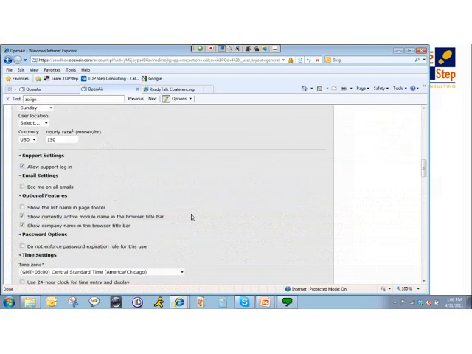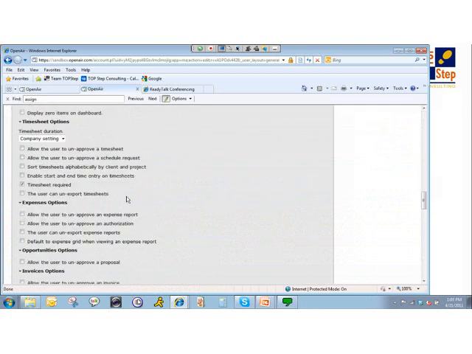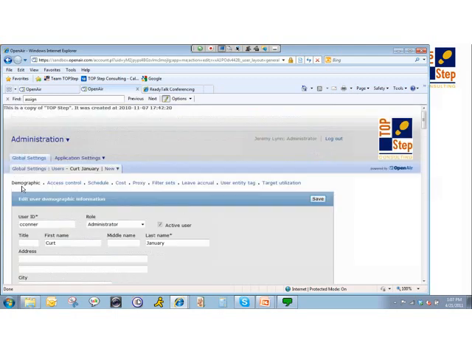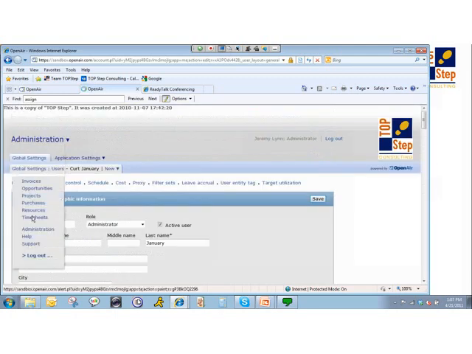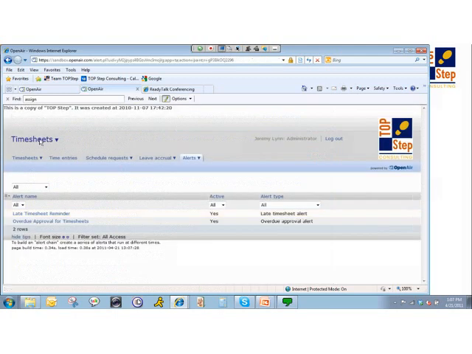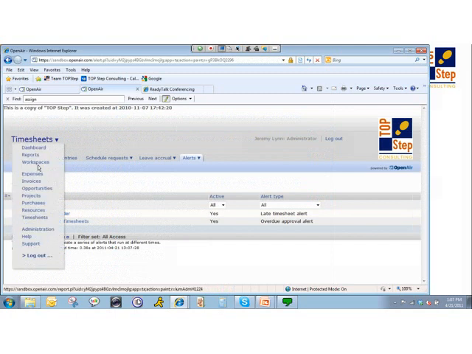Scroll down to the timesheets area, and here's that timesheet required checkbox. So just by using that as a control or a filter to say the only people that should be getting alerts are the ones that I require a timesheet from. Now the other place that it's useful, so if you're using it to make sure that the alerts come out great,